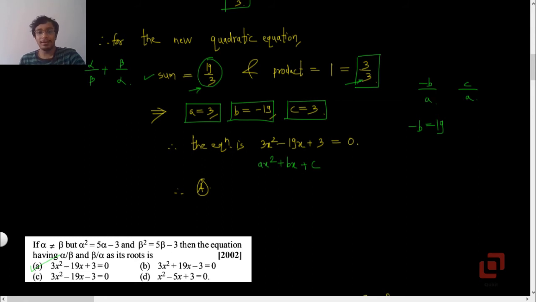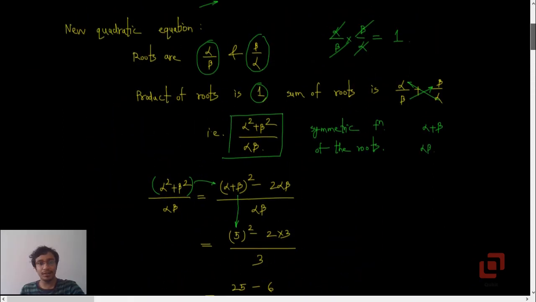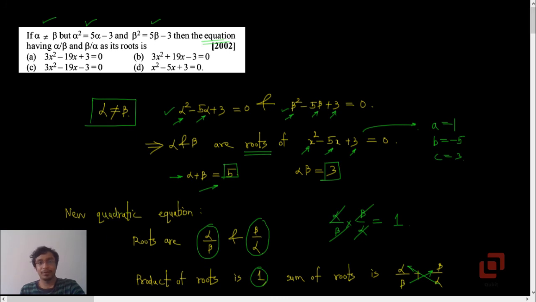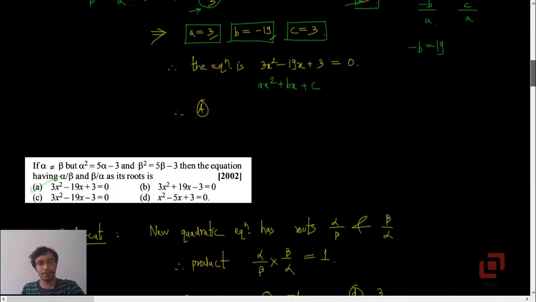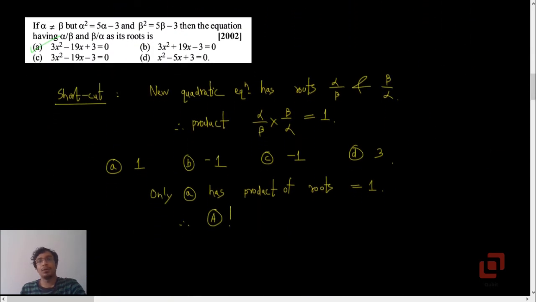We have successfully solved this problem, but there is one more thing that I want to tell you. You can actually skip this entire process of solving the problem if you observe the following. Quite often it so happens that we do not read the options. We just read the problem and start solving it. But this MCQ can also be solved by a shortcut method, but this depends on the options.